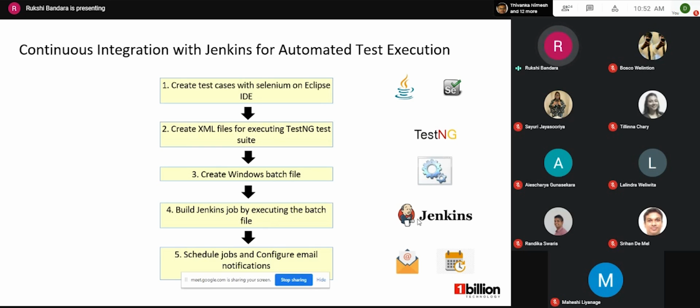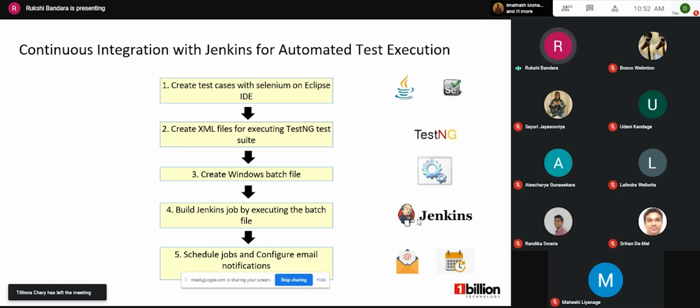So here comes the second step. The reason you are converting them into a testng.xml file is so that you can execute multiple test cases at the same time, and also you can execute those XML files through Jenkins. Because you can't ask Jenkins to instantiate an instance of Eclipse and then run your program.